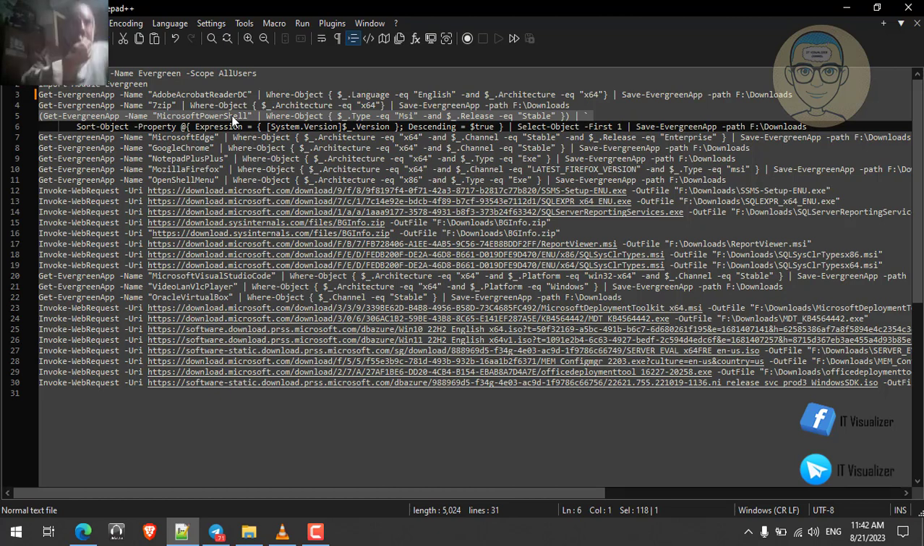PowerShell 7, there is PowerShell 7, 7.1, 7.2, 7.3. So how can I tell it to download the latest one? All of them are available on the Microsoft website. So here we are using a little bit of a trick to download the